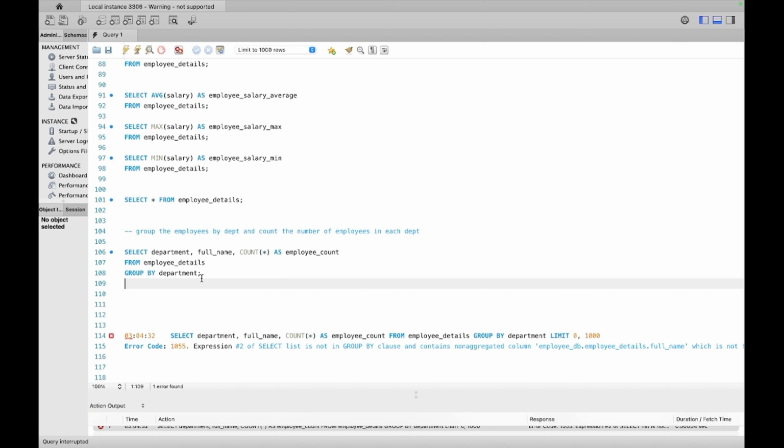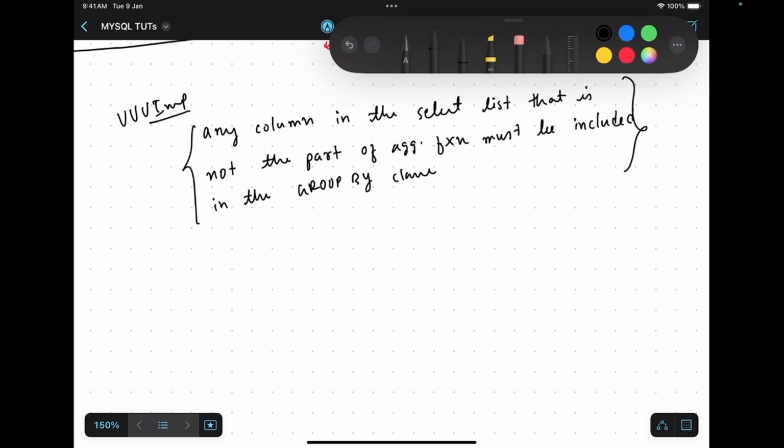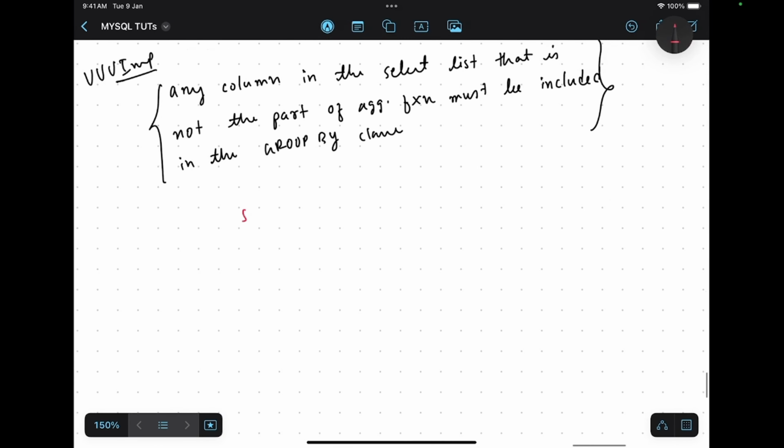And it is not also the part of aggregate function. So this query will be invalid. So that's the main thing. Okay. So when we wrote this query, which is something like this, select department, full name,